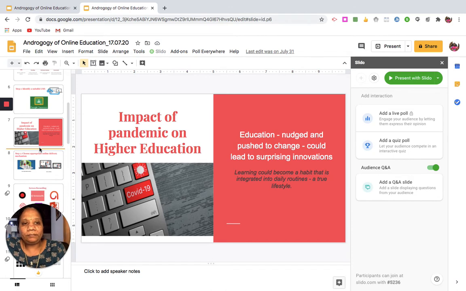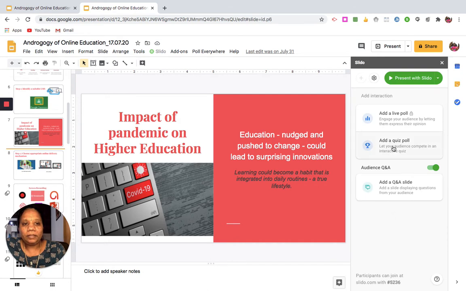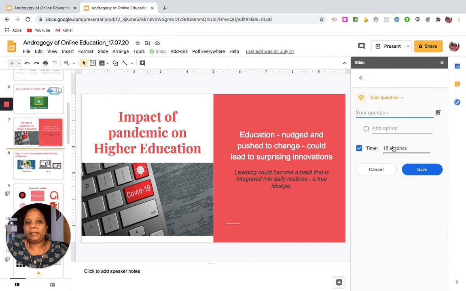So if I plan for that, I will just insert my mouse or my button wherever I have to insert an interactive slide, and then I can go for two options. One, I can add a live polling. Okay, but that option is not available currently for free. So I will go for adding a quiz polling. Okay, so in quiz polling, you have different options. Not that I always only have to conduct a quiz.